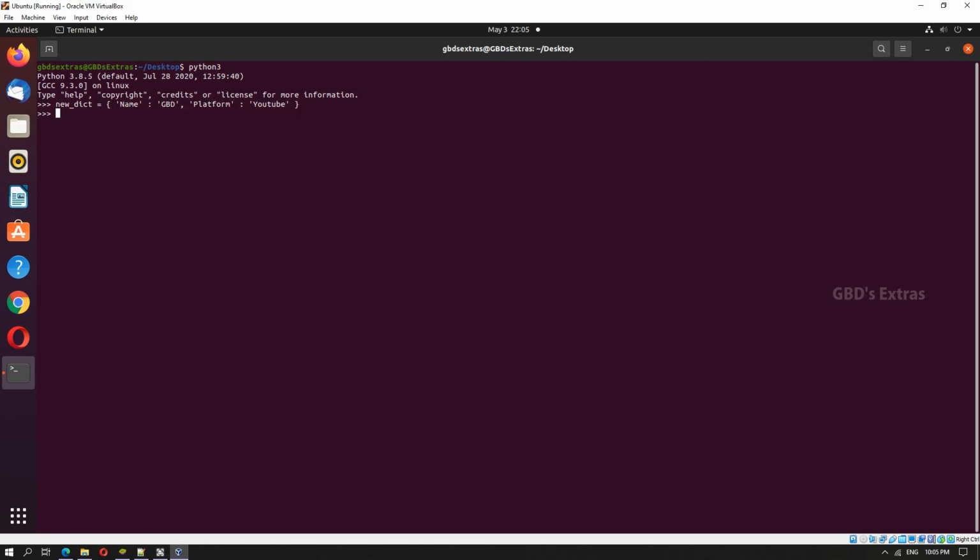As we can see, we have created a dictionary with two items, name and platform. Things we have to notice here is dictionaries do not allow duplicate keys. Keys must be unique. If duplicate keys are entered while creating a dictionary, the last key value pair will be considered. And dictionary keys are case sensitive. The values are changeable, which means we can change, add or remove items from the dictionary after creating it.